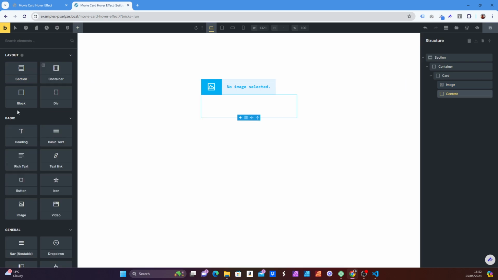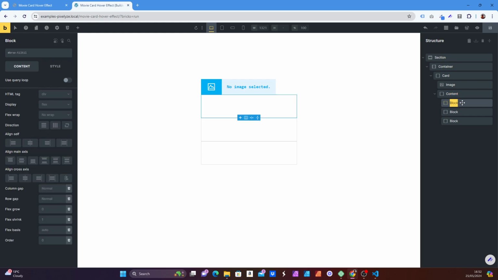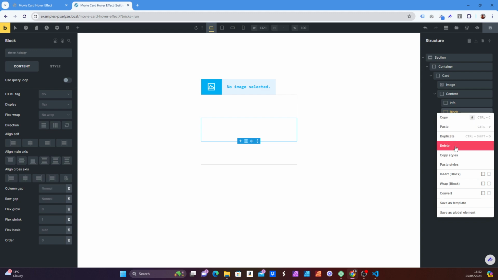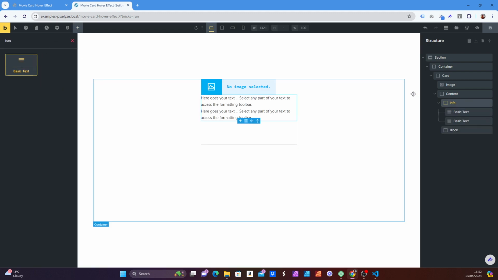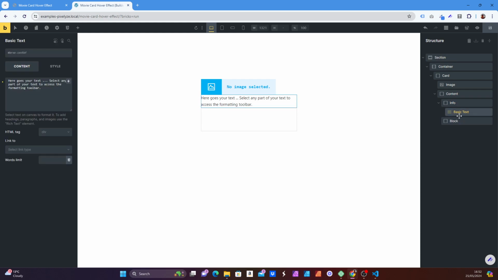What we need is three containers, 1, 2, 3. So we'll call this info. I can't even spell it now. Info. Jeez, info. Okay, we actually don't need this. We can put a basic text, right? Basic text, which would be, I don't want this in the info, it needs to be out. Description or text, let's call it,